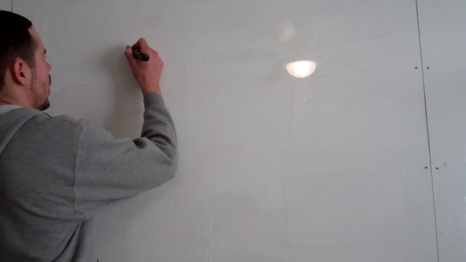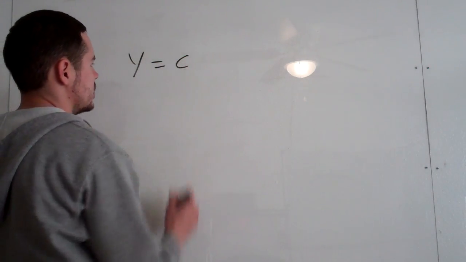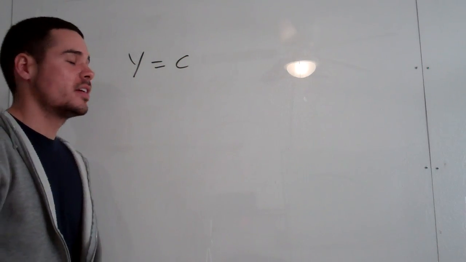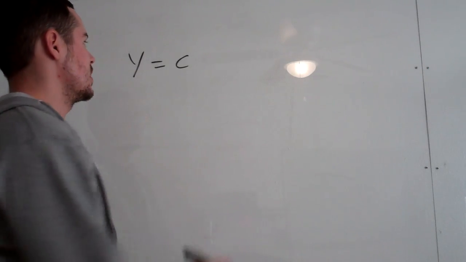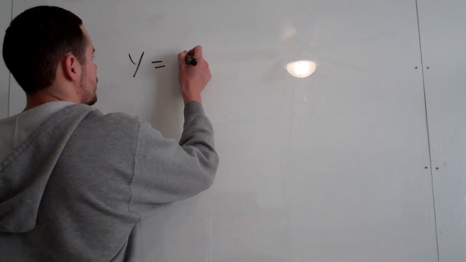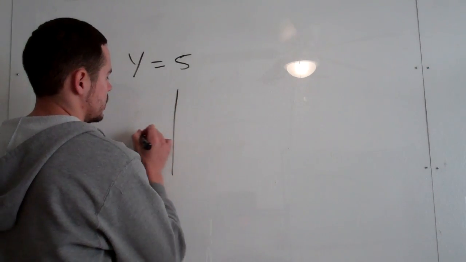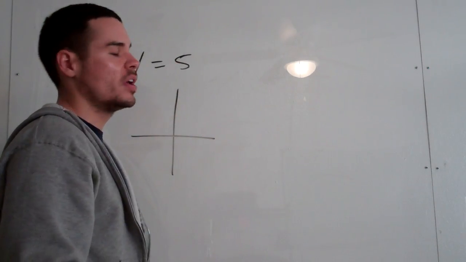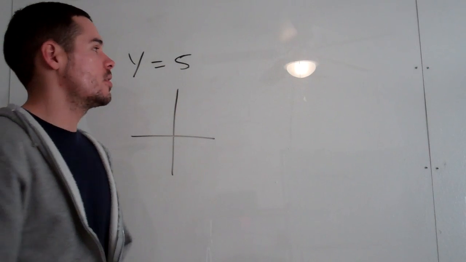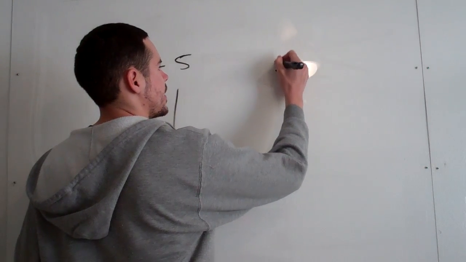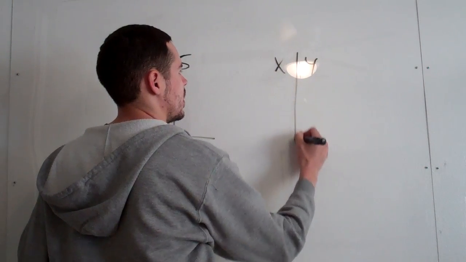Let's start off with a very simple one. Let's start off with y is equal to some constant. It could be any constant. Right now, let's say it's 5. Okay? What does the graph of that look like? Well, if I make a table, which I encourage you to do, especially when you're trying to get a hold of these graphs, of x and y values,